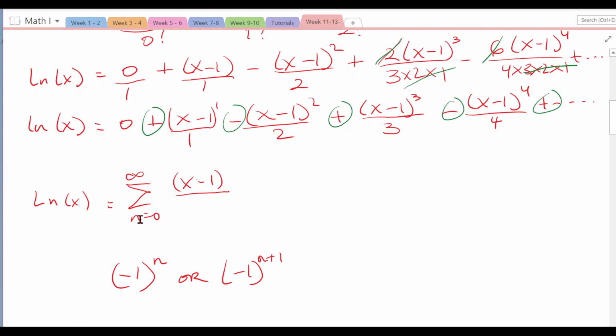And that's why in our sigma notation, we start from n equals 0. For n equals 0, our first term must be n plus 1, because if you substitute n equals 0, 0 plus 1 is 1, so it's the same. This is also 0 plus 1 is 1, so it's the same, right? And then for the alternating sign, we just choose, in this case, this one.